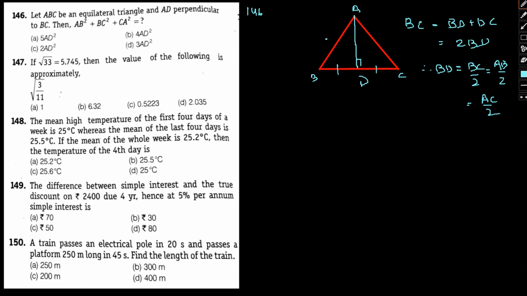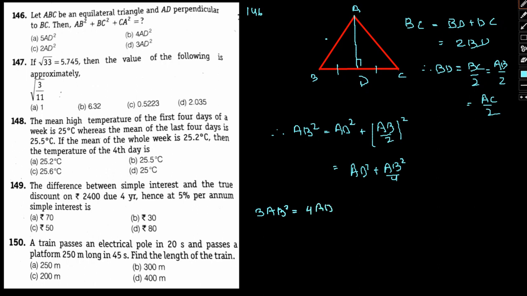Now AB square can be written as AD square plus (AB by 2) whole square, that is AD square plus AB square by 4, and also 3AB square is equal to 4AD square,